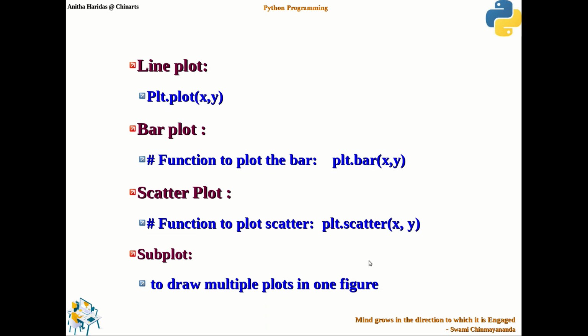So with that we are completing the introduction to Matplotlib. In the upcoming session we will be seeing an example of scatter plot as well as subplot. We had already seen it now, but even then we will be further exploring the parameters of subplots in the upcoming session. Apart from that we will also see some of the very important functions that are available in PyPlot. I'll have one single example for all these functions so that we can complete the program, and with that we'll be completing module 3. Thank you.